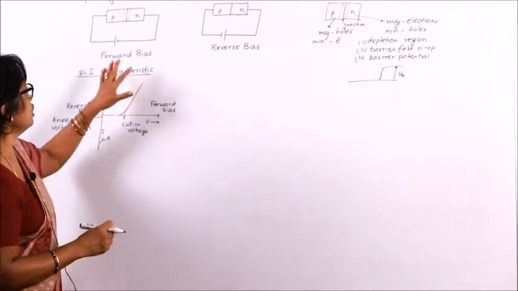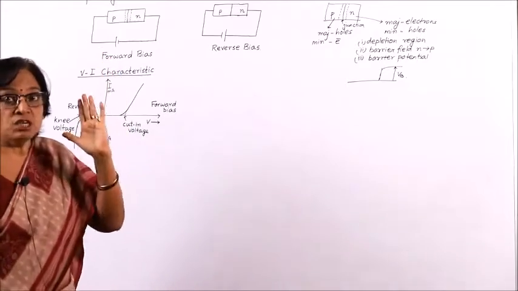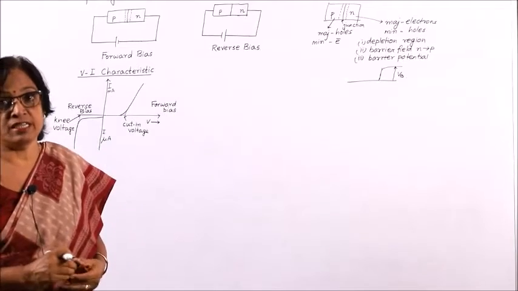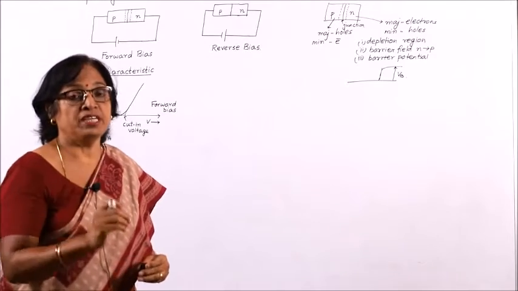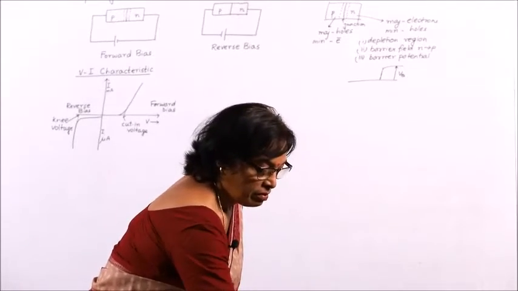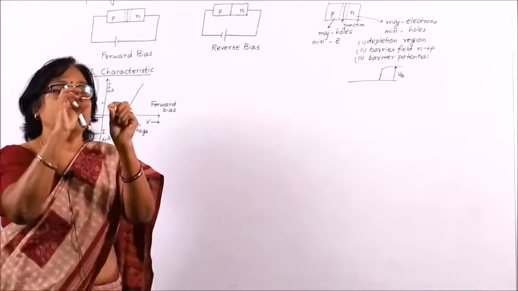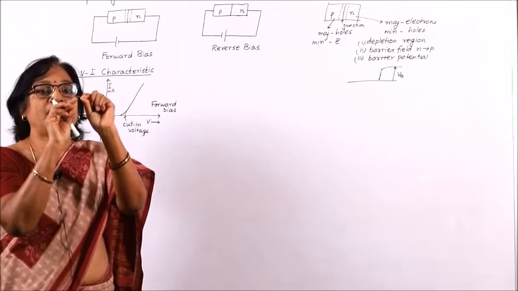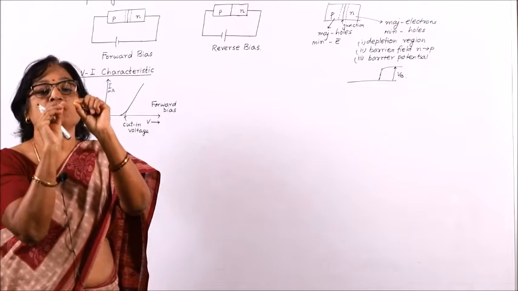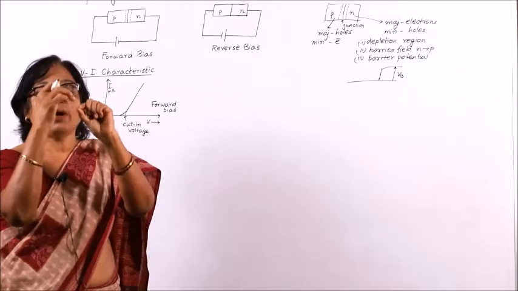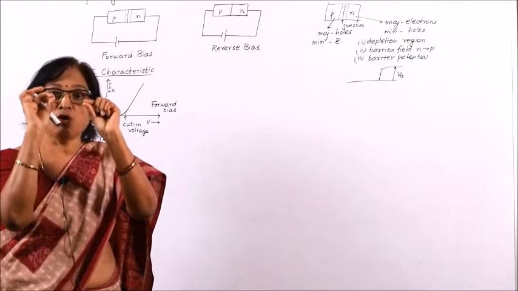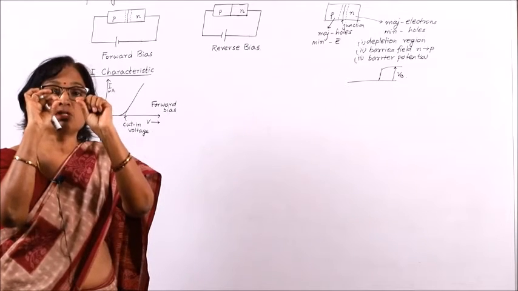So, when a PN junction is provided with metallic surfaces at the two ends, with metallic terminals for connection to the external circuit, it is called a PN junction diode or a semiconductor diode. It is very small, something like this. It has two terminals. If you can see it properly, there is a black portion and a white ring-like portion. The white ring portion is the N side and the black portion is the P side. A PN junction diode looks something like this.